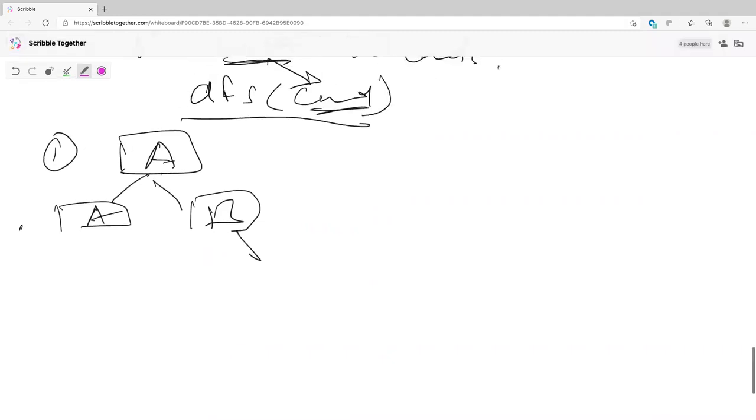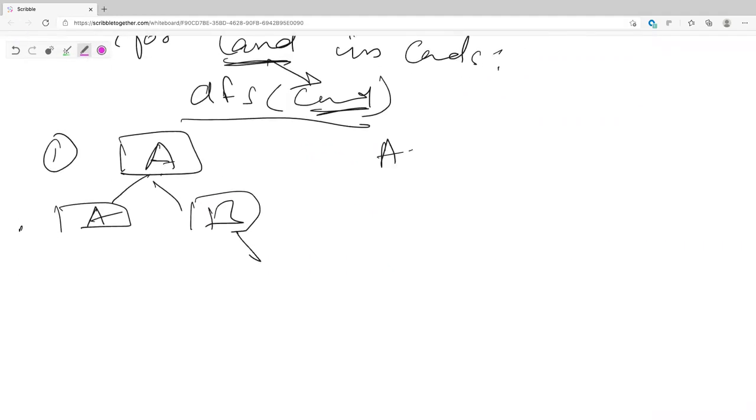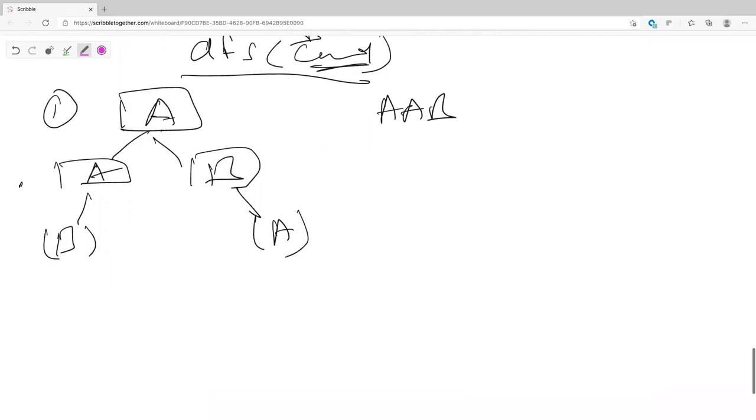So B, you have. I mean, you had A, more, B. Yeah. So it's only A here. Yeah. Here it's only B. Right? So at each step, at each node, you're trying to figure out what the candidates are. Okay. And once you figure out what your candidate is, you do a DFS.